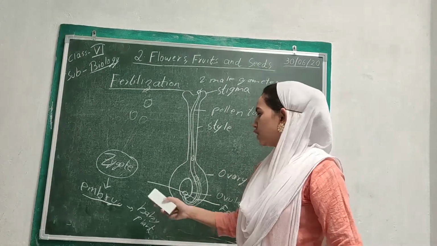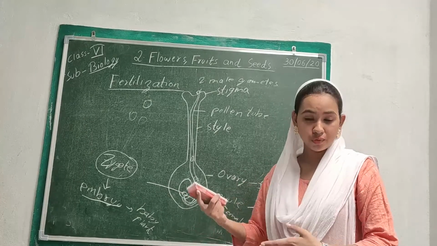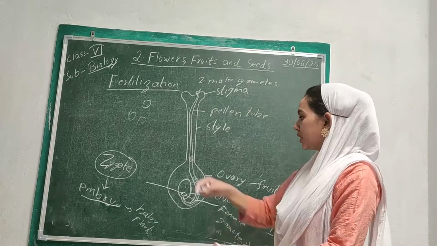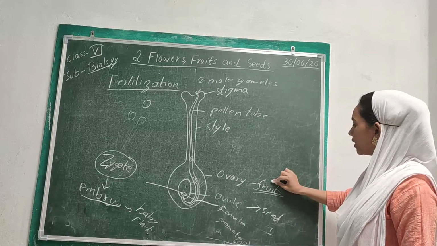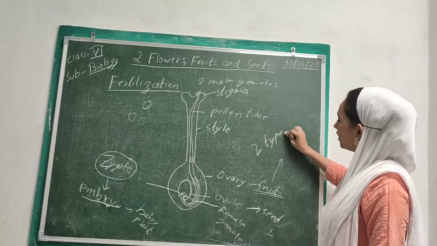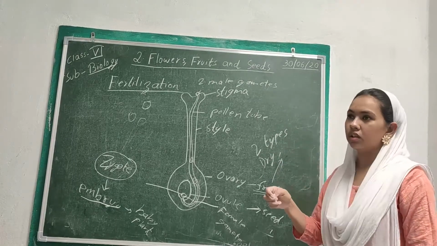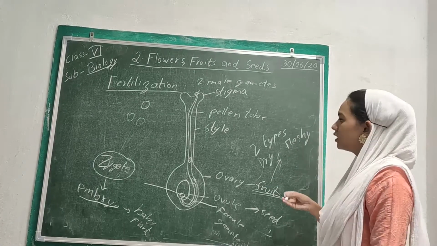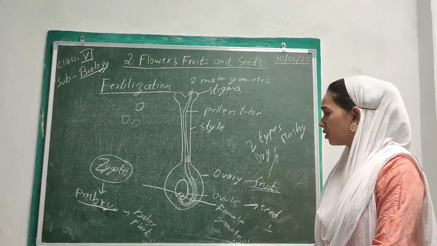Next, as we just said about these fruits, we are going to see the parts of a fruit, and then the types. Fruits can be of many types. Basically you can say they are of two types. They can be very dry types, known as dry fruits, and they can be very fleshy types, known as fleshy fruits. So these are the basic two types, and I will tell you more about this.